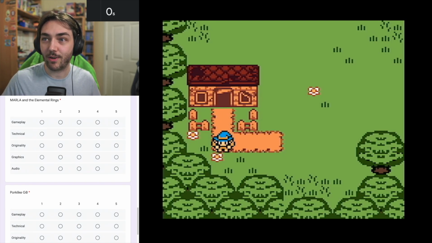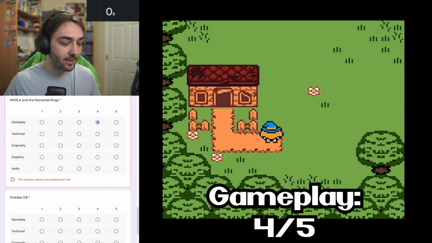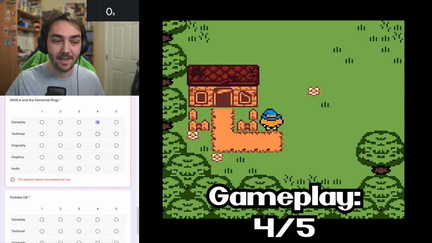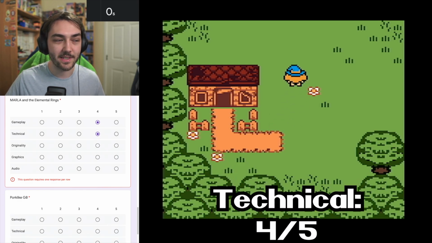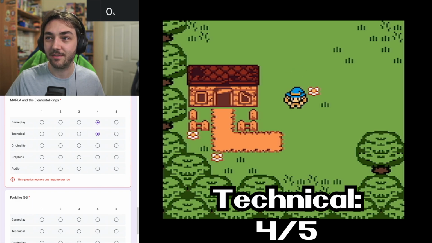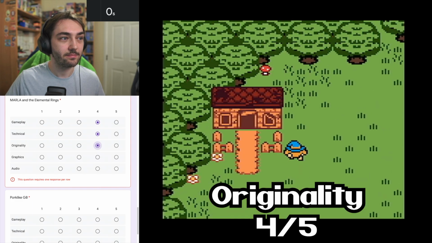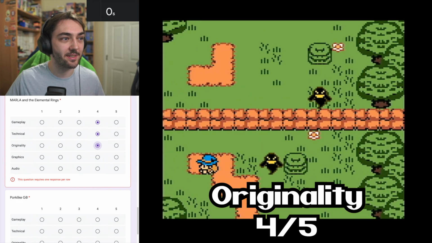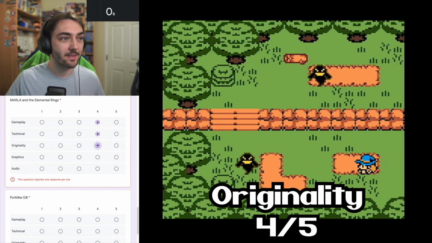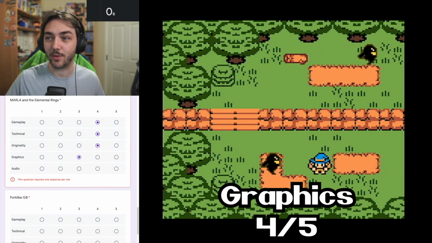So, how am I going to rate this one? Gameplay, I'll give a 4, because although it is a very simple RPG, I do really like the battle system. Technical, I'll give a 4 as well. Originality, it's a bit too soon to tell. I'll give it a 4. Graphics, could be a little bit more detailed. I do like them, but it seems very static. Does that make sense? So graphics, I'll give a 3, and audio